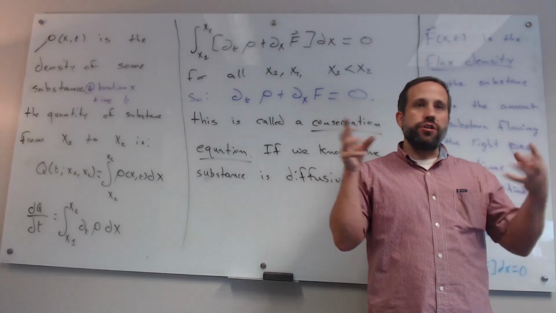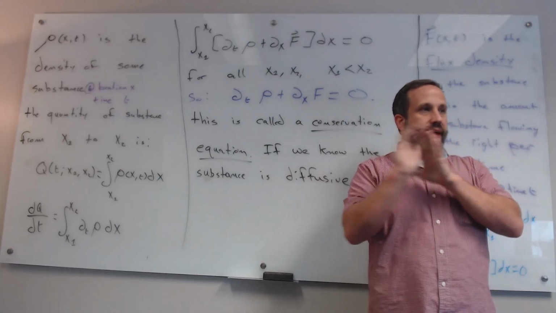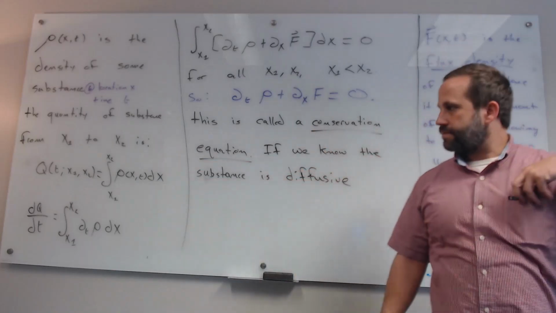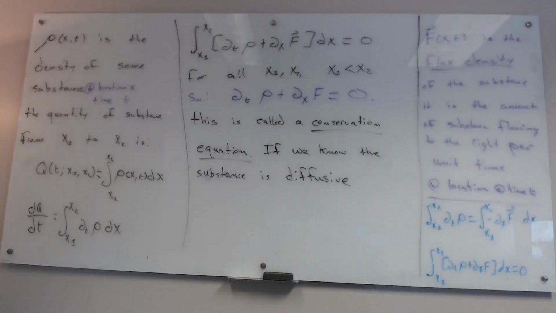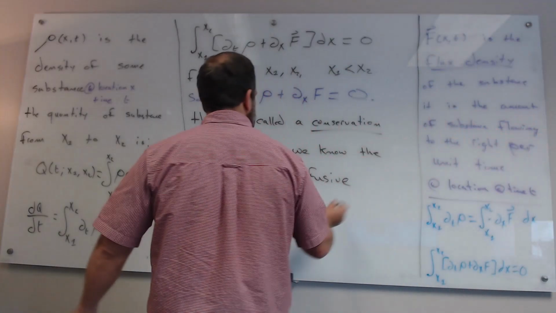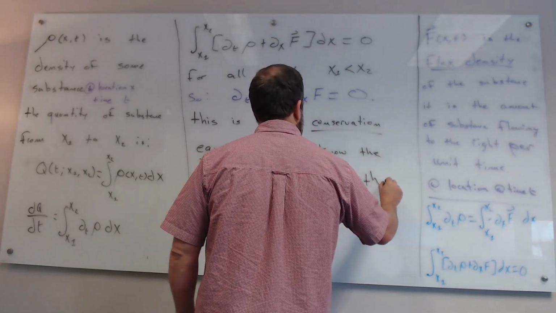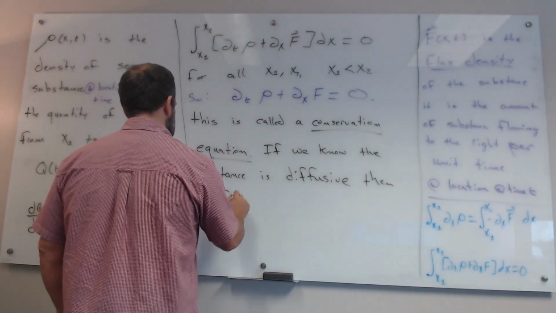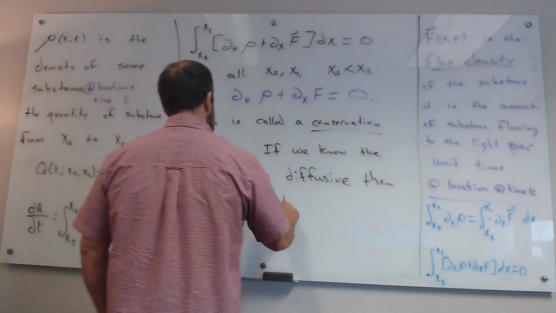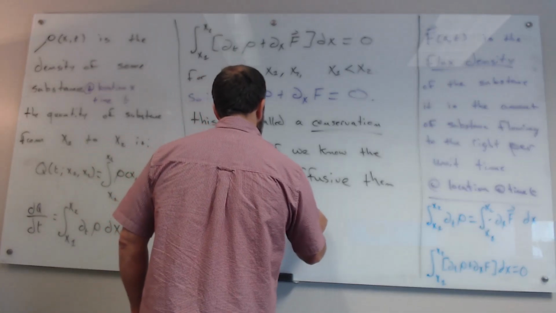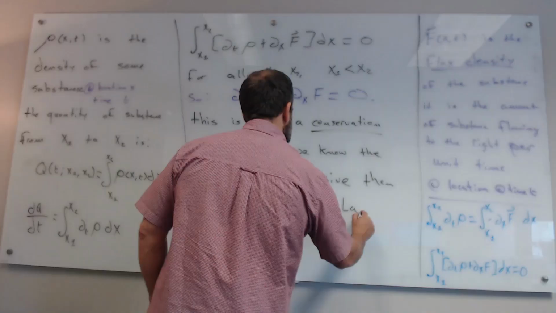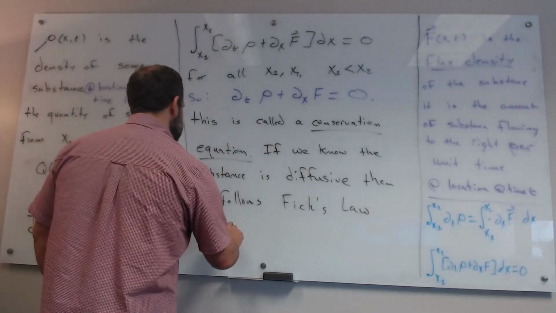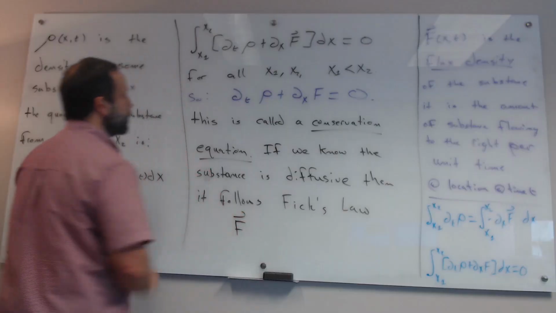Now, of course, there are some things that do clump together. That would not be modeled by this equation here. We're looking at things that spread out. Okay, so if we know the substance is diffusive, then it follows Fick's law, which says that the flux density